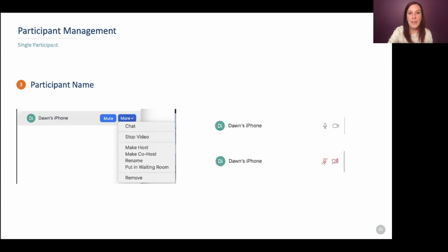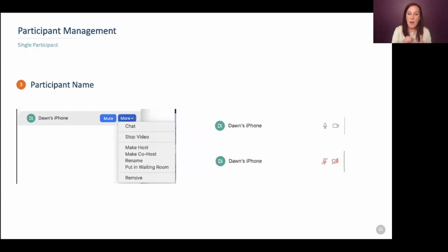If you did attempt to unmute or mute them, or if you have some sort of audio coming in and you don't really know where it's coming from, you can tell who's muted and who's unmuted by looking at these icons next to their name. If I wasn't hovering over my name right now, you would be able to see these icons. If they're red, that means they're not sharing audio and not sharing video. If they're gray, that means they have both of those things on.